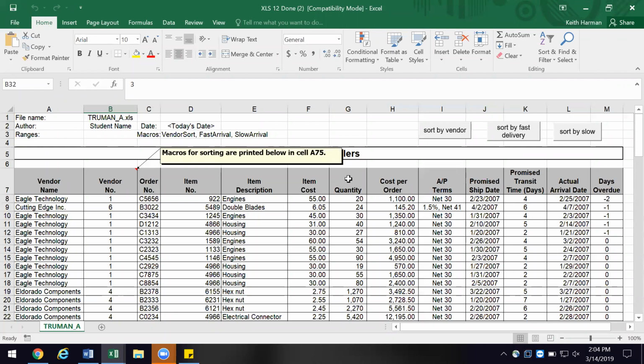First of all, this is a pretty typical spreadsheet for somebody who's tracking inventory. Now, you'll notice as you run across, we've got the vendor name, their number, the order number, the item number, the description, the cost of the item, the quantity, the cost per order, the terms for accounts payable terms, and you'll see something interesting here. You'll see this 1.5% net 41. What this means is if you pay the full bill within 41 days or sooner, you get a 1.5% trade